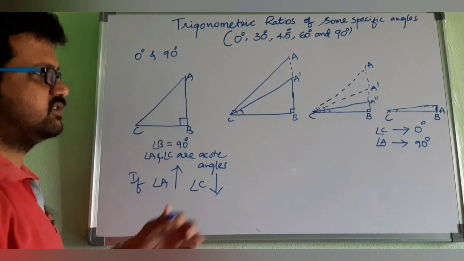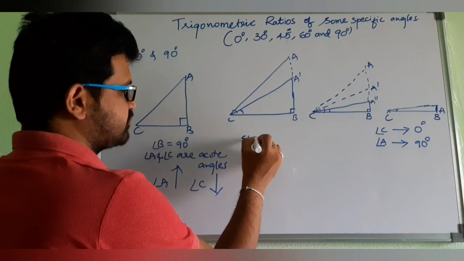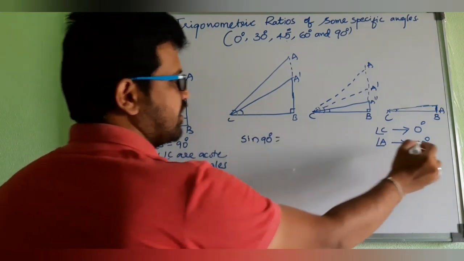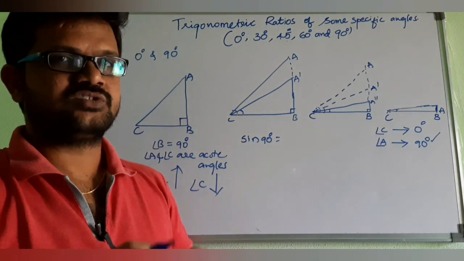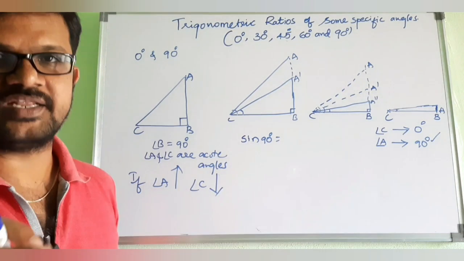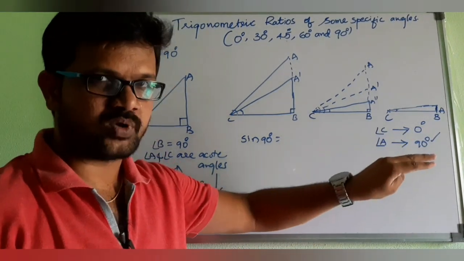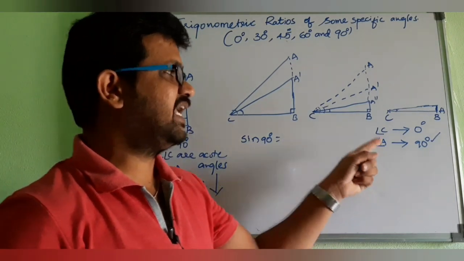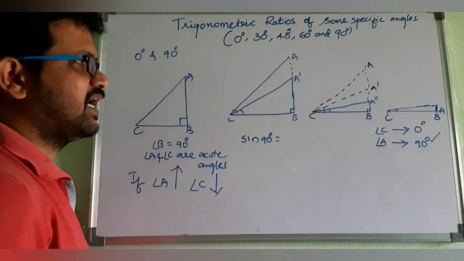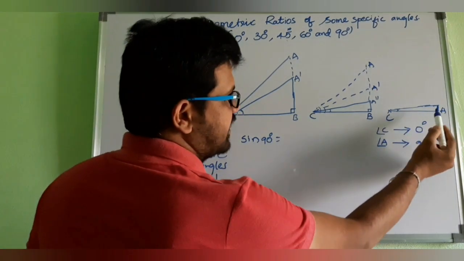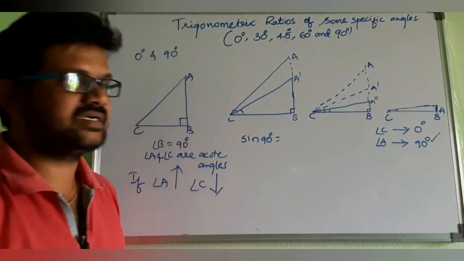So what happens? First let us take which one? 90 degrees. Right. So sine 90 degrees. Angle A tends to 90 degrees I wrote, what is the meaning of that? The sum of any two angles cannot be 180 degrees in any triangle. Sum of the three angles is 180 degrees. So this case is not possible, our assumption. If A tends to 90 degrees, what happens? C tends to 0 degrees. So sine 90 degrees. This is A, angle A is 90 degrees.